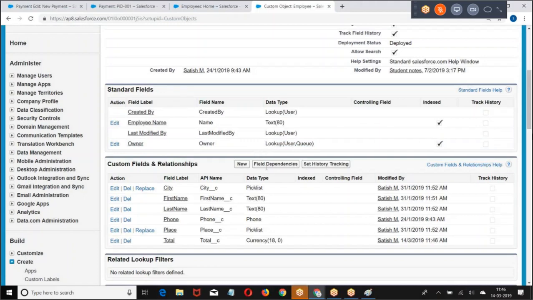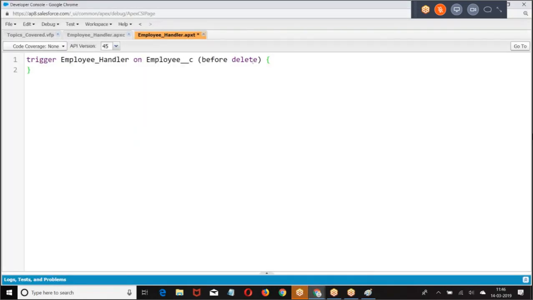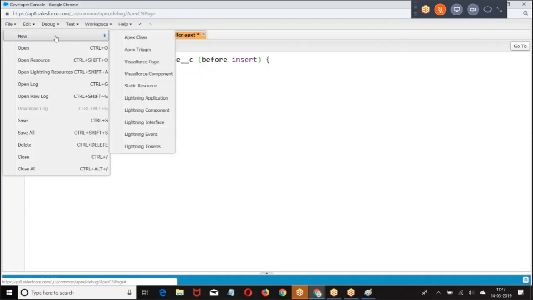Now let us come back. I have a requirement like before insert, after insert, after update. So I was supposed to create a trigger.